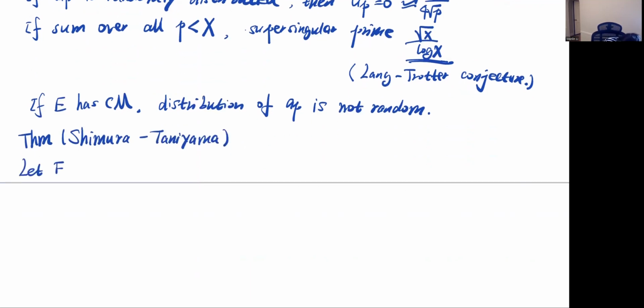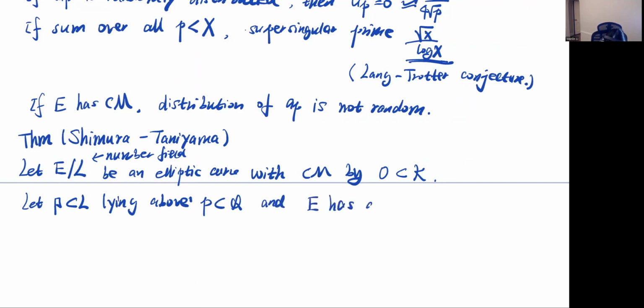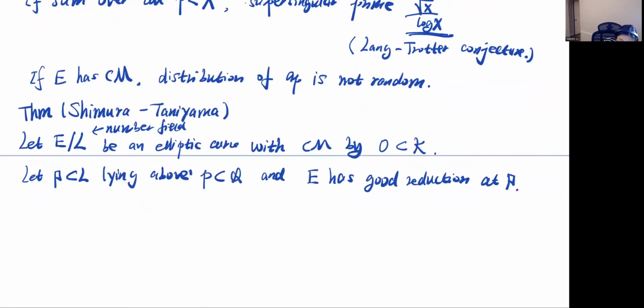It says: let E over a number field L be an elliptic curve with CM by an order in an imaginary quadratic field K. Then let p be a prime of L lying above a rational prime p, and also E has good reduction at p. Then